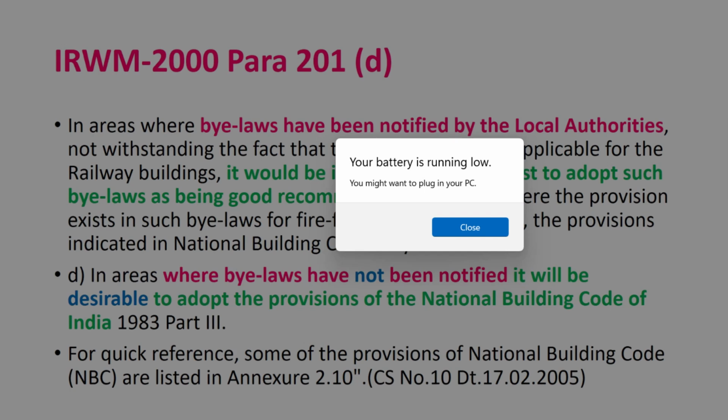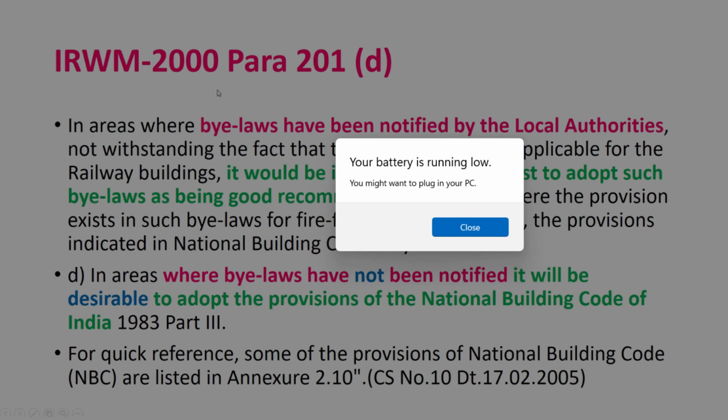Okay. Now we come to this again. Everybody understands that on our own railway land, are we supposed to take any type of permission from any authorities for erecting buildings on it? If I want to build a railway building on railway land, do I need to take permission from anyone? No, sir. Permission is not required, but local building laws and bylaws have to be followed.